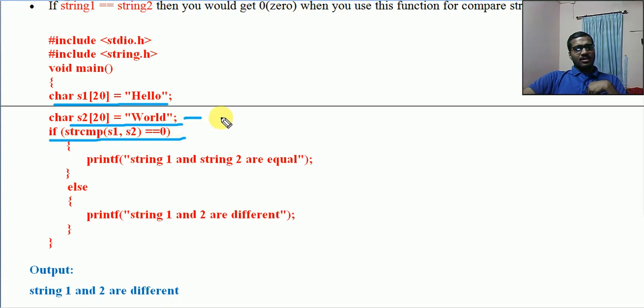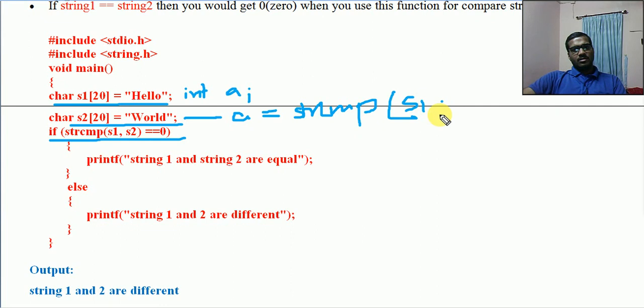After this, we can declare a variable int a, then a is equal to strcmp of s1 comma s2, then semicolon.